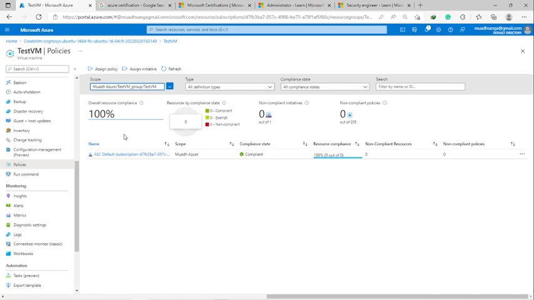And here you can create policies. See, it's overall resource compliance 100%, because actually it's compliant because I don't have anything here. All right,